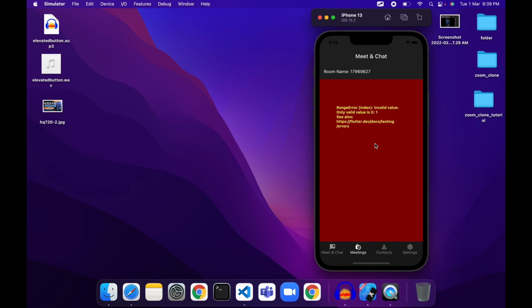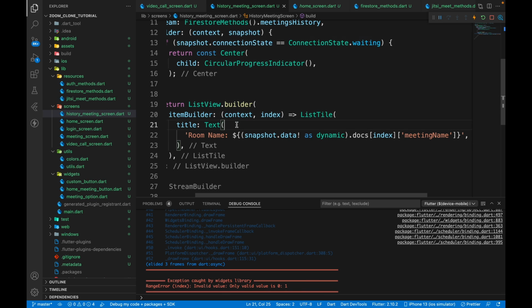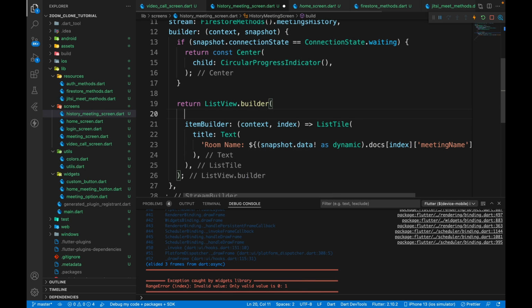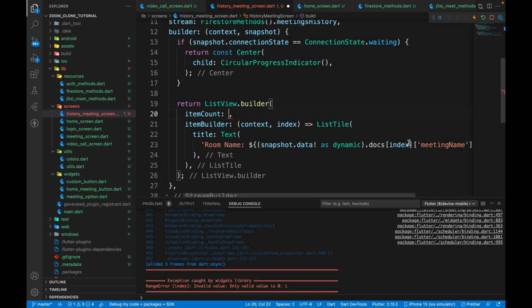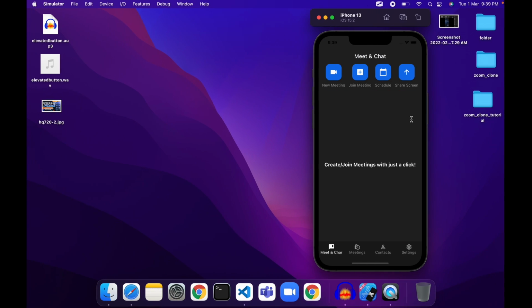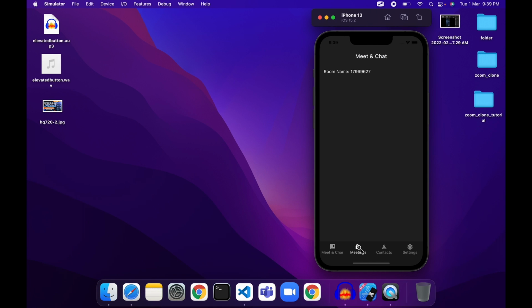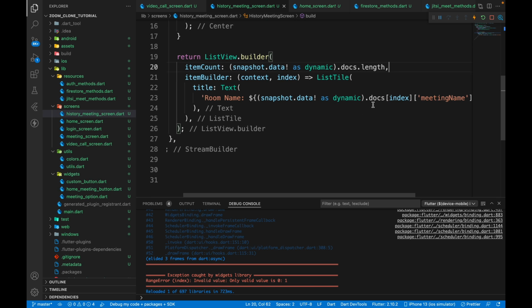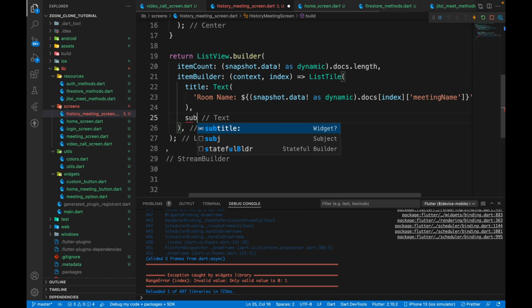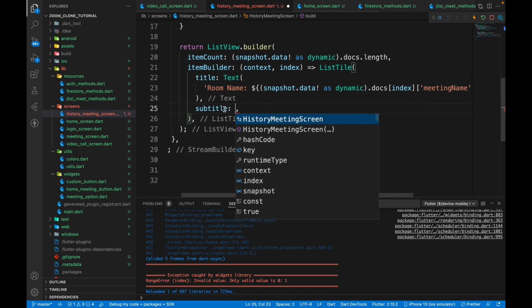So now if we go over here, we're not seeing anything because we haven't set an item count. I mean, we can see, but we are getting this error, and that's because we have not set the item count, and the item count is going to be all of this that we have dot length, because docs is a list, that's why. And now if we come back, we're not getting any error, and you can see the room name. You can style it ahead, but I'm not going to spend much time